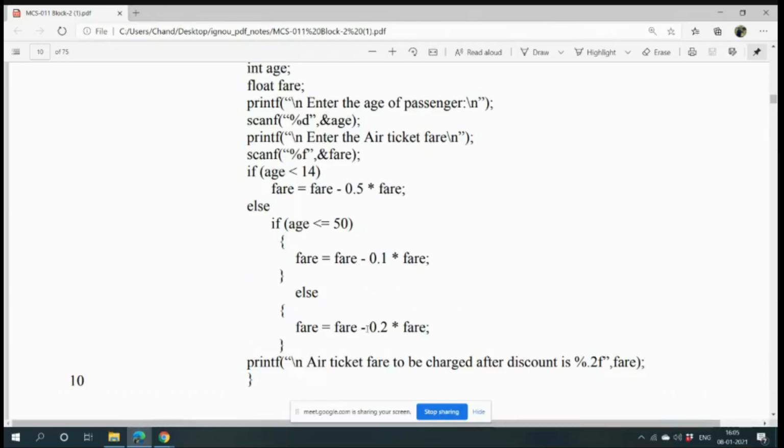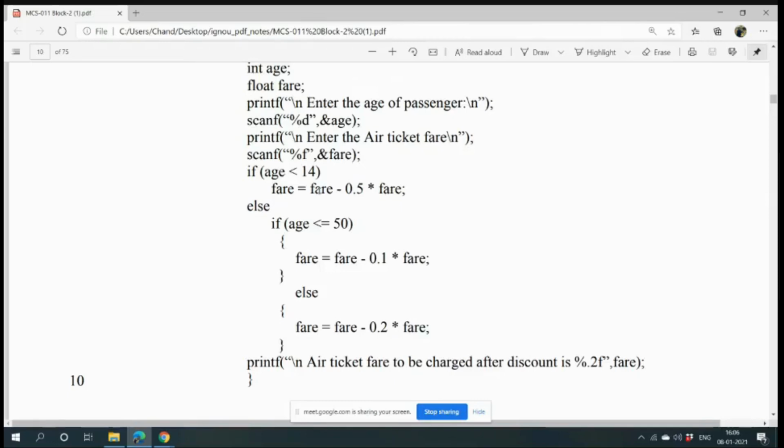First time you give input 5, then it will be your fare. Next time you give your input 20, then it will be your fare. Again run the program and give 60, then it will be your answer. So you cannot run all the statements at the same time. Only the branch whose condition matches the input will run. So for this program, how many inputs do we require? 2, ma'am. For a particular passenger, only one time this program will run.